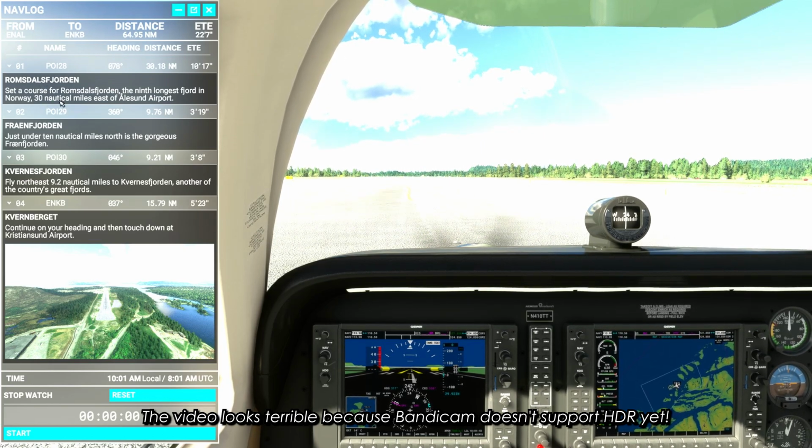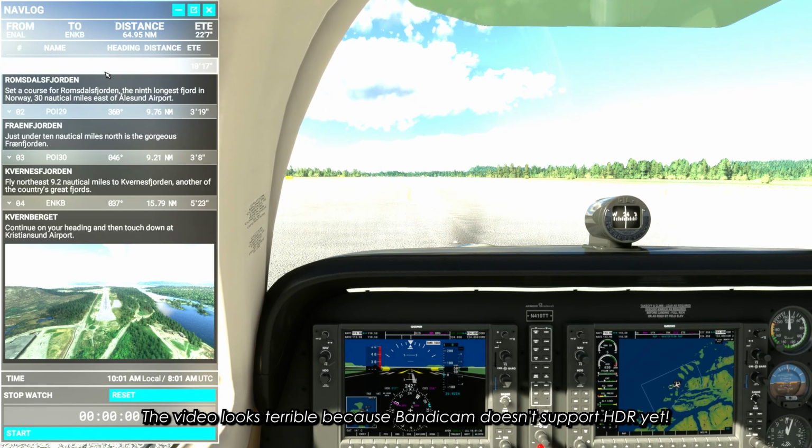Ramsdalsfjorden. Set a course for Ramsdalsfjorden, the 9th longest fjord in Norway. Not the 8th longest, the 9th longest. 30 nautical miles east of Ålesund Airport. Ålesund, excuse me. Whew, I'm so excited to be flying, I'm all choked up. Ålesund Airport. So, no GPS, of course, because this isn't the first leg, so we need to set 78 degrees